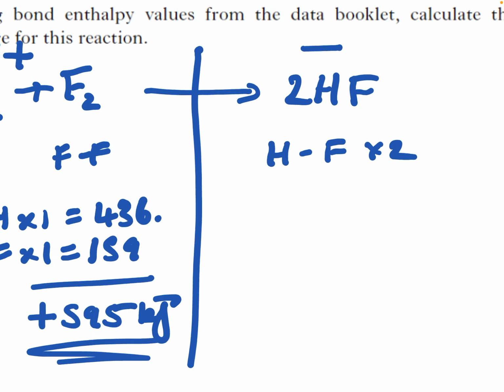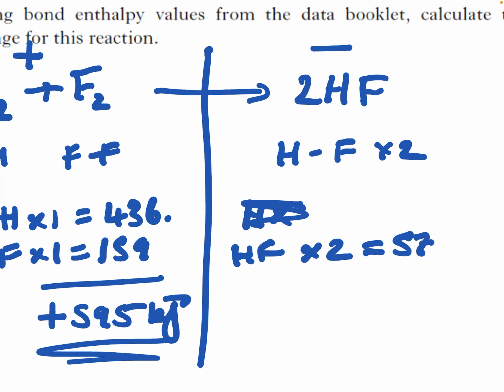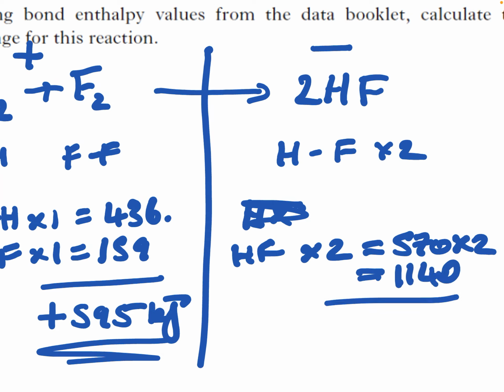When we do the other side, we've got two of these bonds, so we've got an H-F bond. And when you look in that data booklet, it will tell you it's 570 for one of those bonds, so we'll times it by 2. And that ends up being 1140. So in total, that's negative 1140. So that's 1,140 kilojoules that have been released